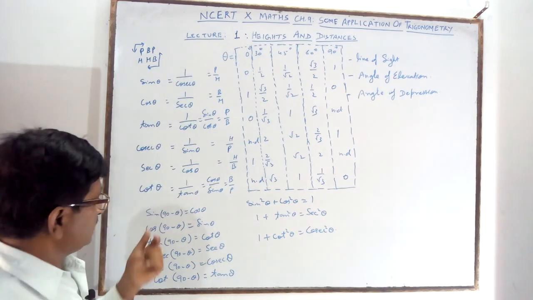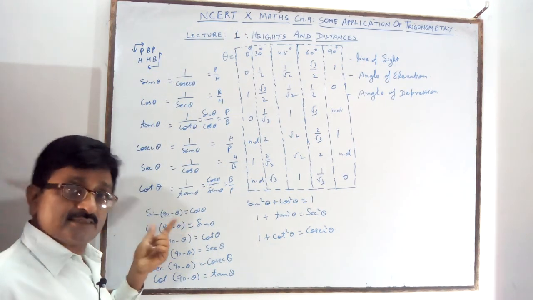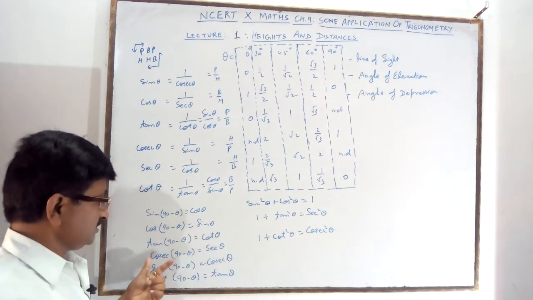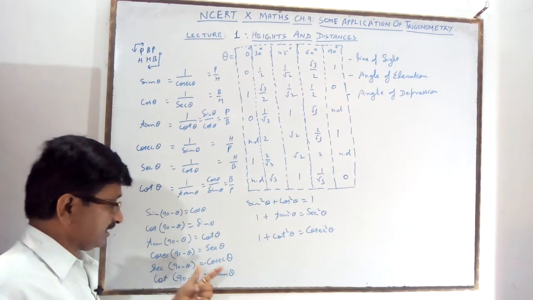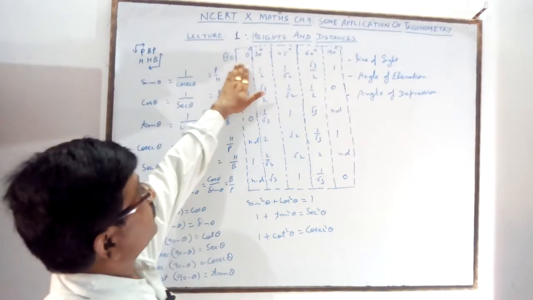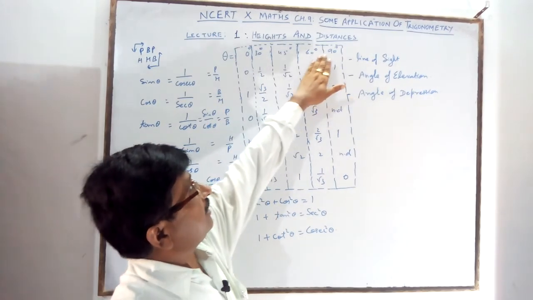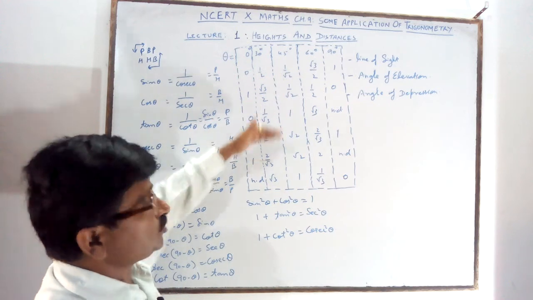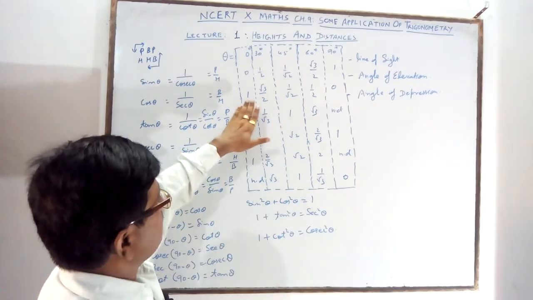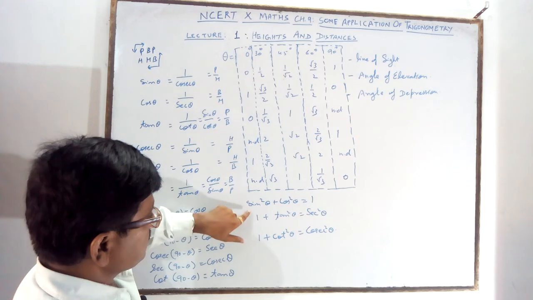and the PBH relation? Sin 90 minus theta for complementary angles, cos 90 minus theta, tan 90 minus theta, cosec 90 minus theta, sec 90 minus theta and cot 90 minus theta. Like this I have told you the values of trigonometric ratios for some specific angles in a right triangle. After this you have seen very important things, identities.